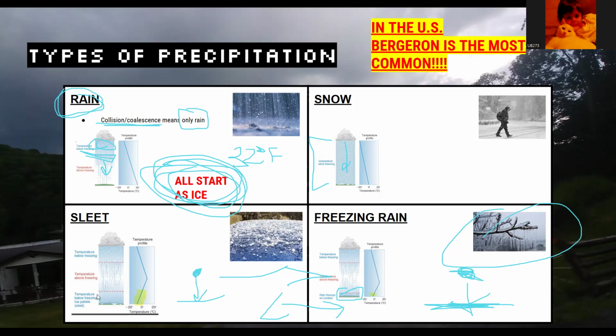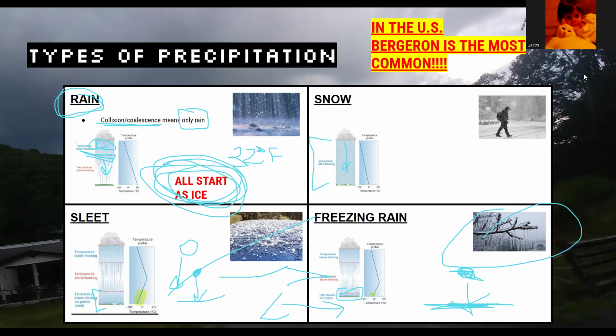The difference with sleet, there's a bigger gap here, and it goes back to ice, and so it just bounces off. And sleet is not really that bad at all. Freezing rain is very dangerous. So that's why this is really important. But to recap, we get to a point where it's below freezing again. That distance is small for freezing rain, so it doesn't have time to freeze again, but it does freeze once it hits the surface because that's just what happens. Remember I said, a surface that's below freezing will freeze water automatically.